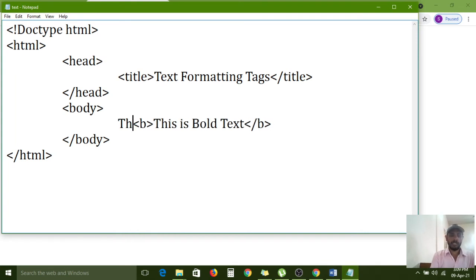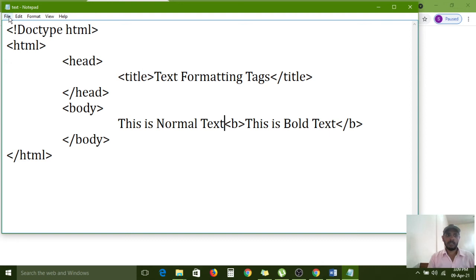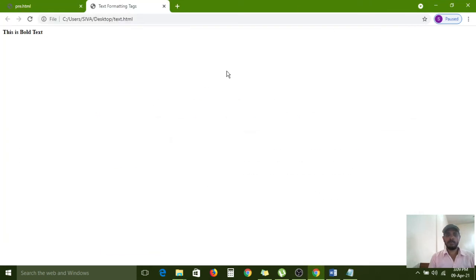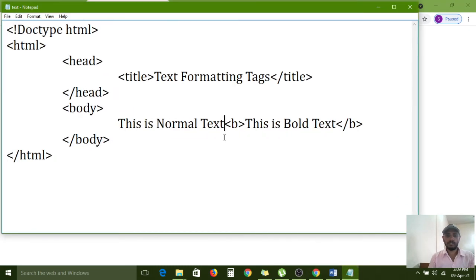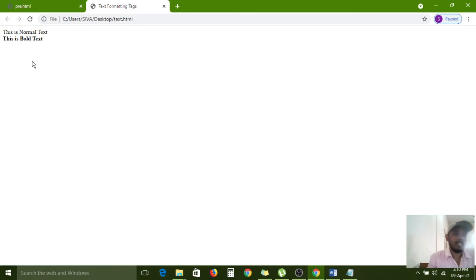First we have to apply this. This is normal text. Then only you can understand what is the difference between bold and that one. All of you carefully observe. And the BR tag I am using for breaking line purpose, because if you give white space it will not take. So that's why I am refreshing. Understand? This is normal text and this is bold text. The difference is showing now. One is thick letters it is printing, one is light letters it is printing.